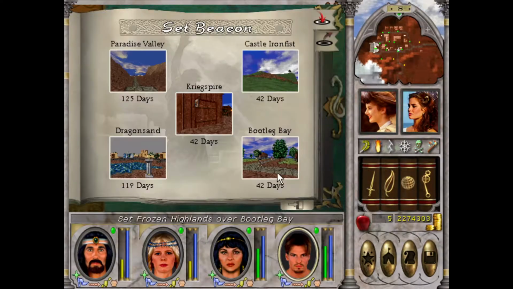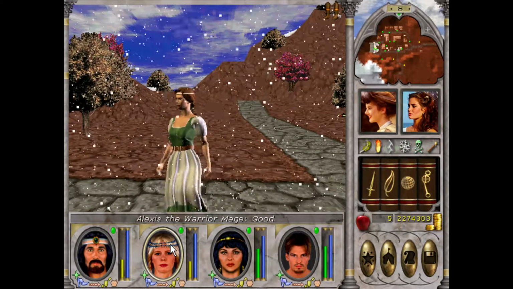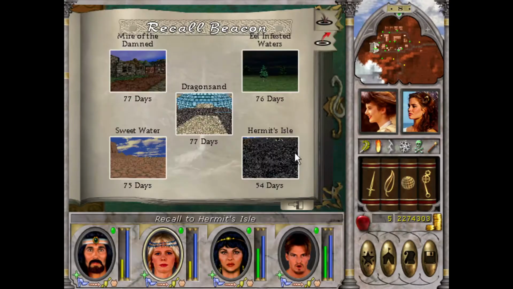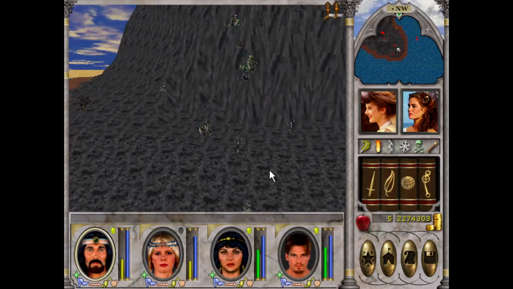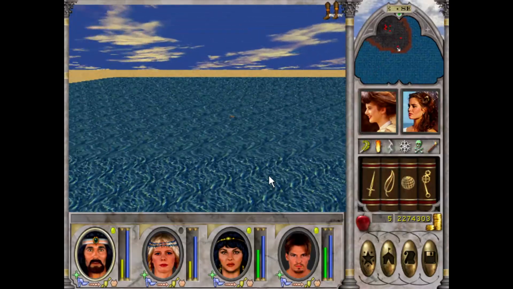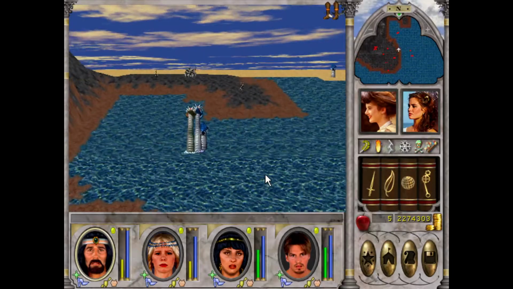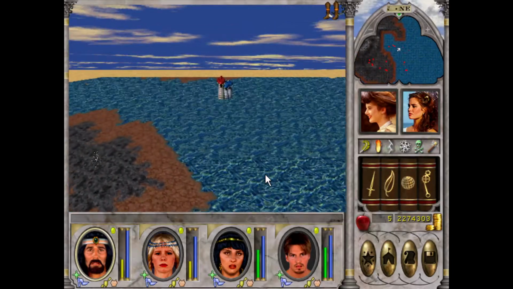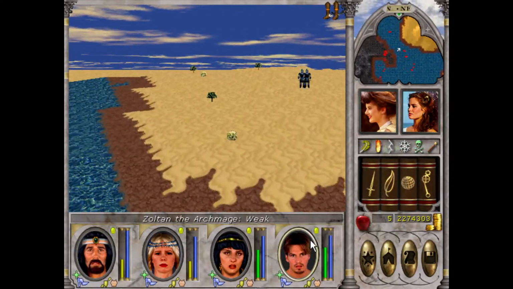The first thing I'm going to do is I'm going to just briefly recall my beacon from Hermit's Isle. And as you can see, it has reset. Oh my god, and my reflexes were not as good. I was mainly just terrified at the sight of 3 Supreme Titans. The only reason I'm doing this is